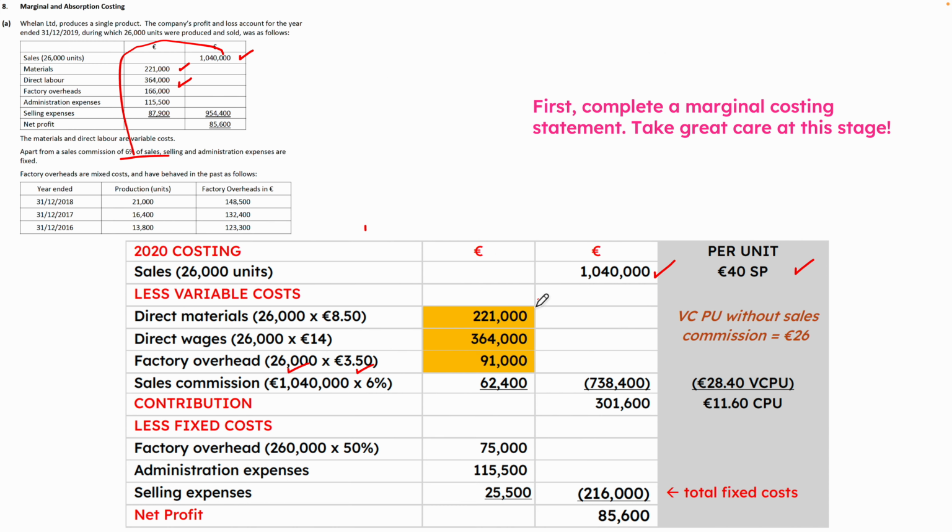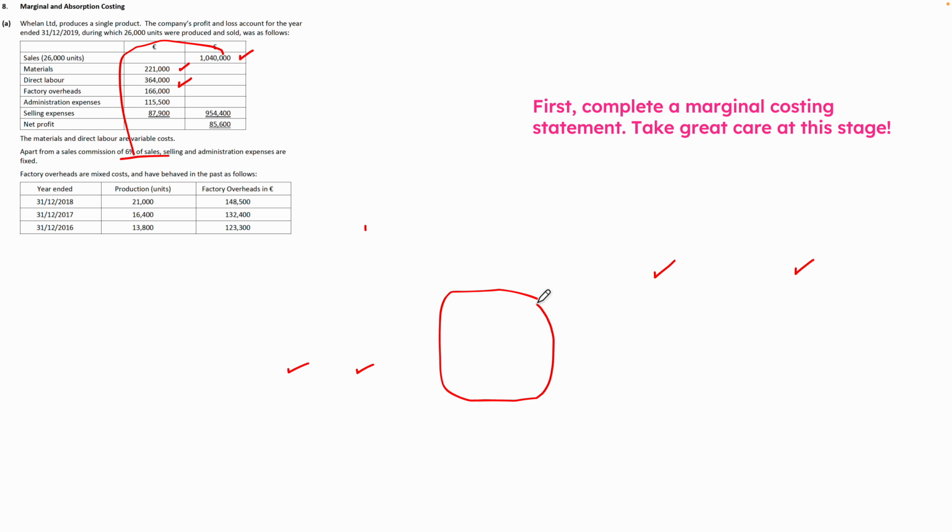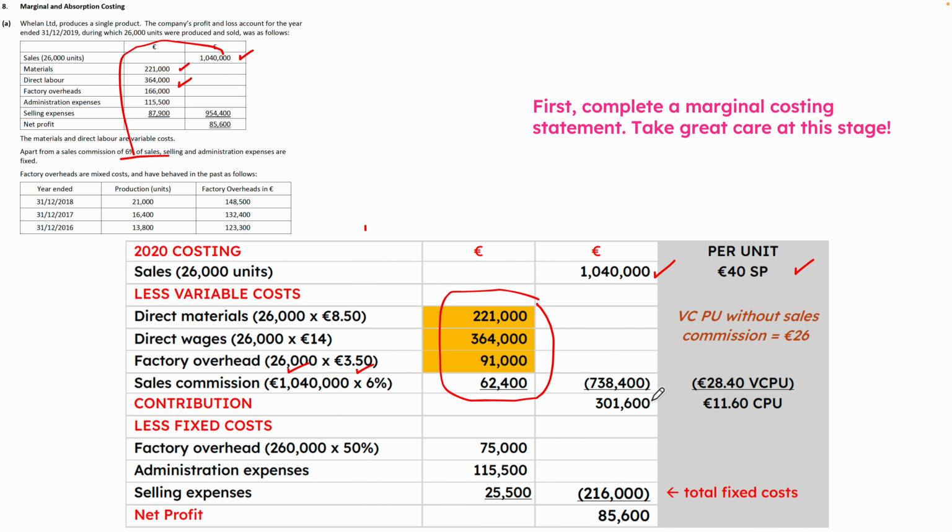So all of these are our variable costs, okay? So they all tot up then to €738,400, okay? When we divide that, 738,400 by 26,000 units, we get